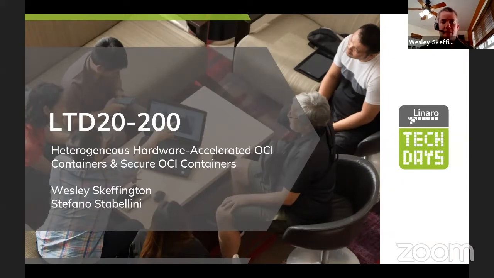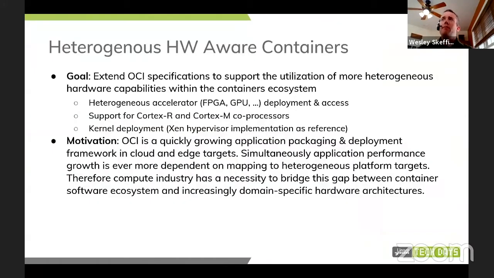So in that light, the high-level goal that we're working towards, and the reason we're wanting to work with this community, Linaro in general, and a broader set of software and silicon vendors, is to work with the OCI committee and extend the specifications to support the utilization as a framework for more heterogeneous hardware capabilities within the containers ecosystem. And so what do we mean by heterogeneous hardware?